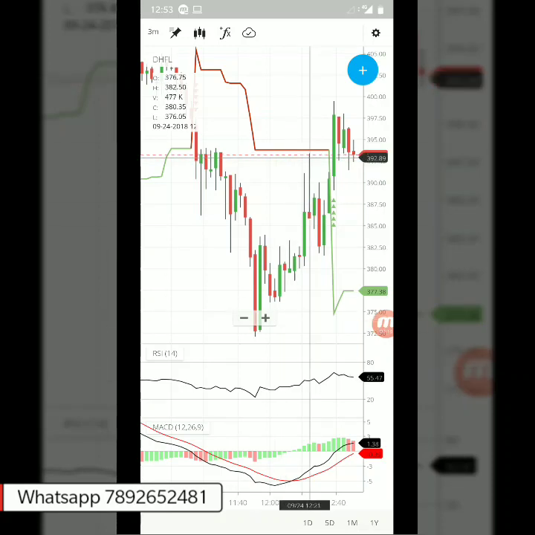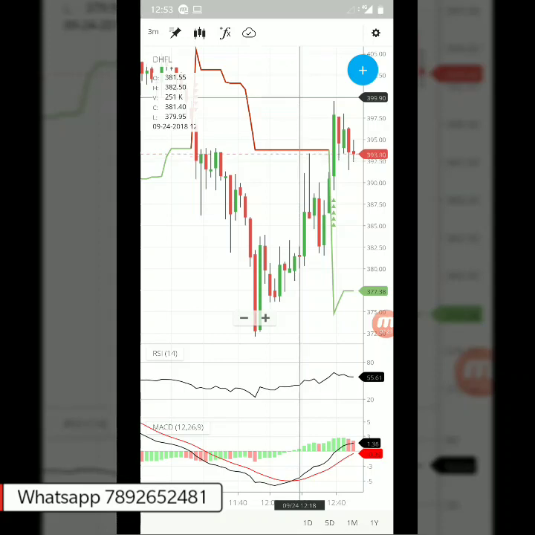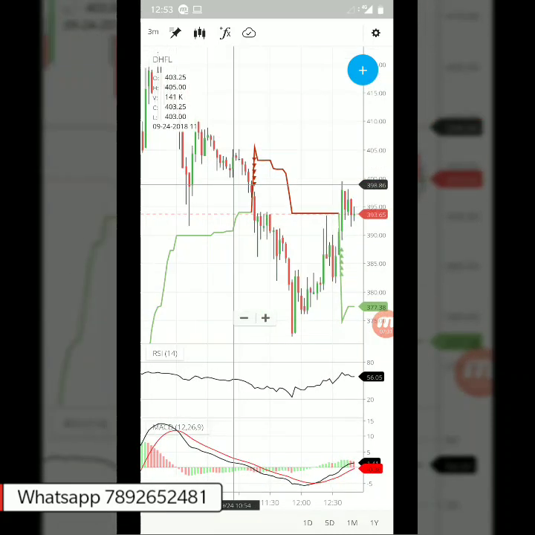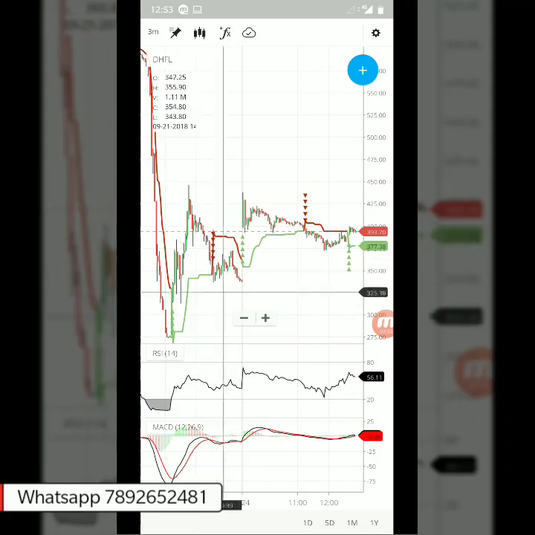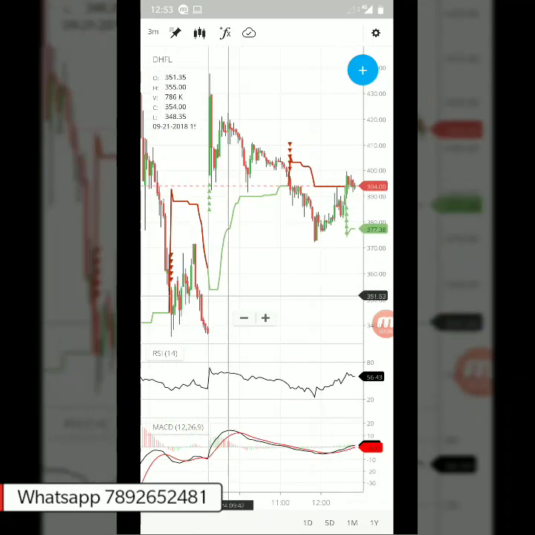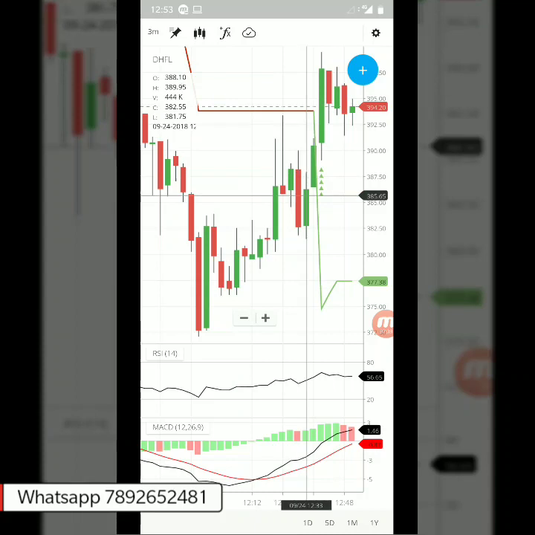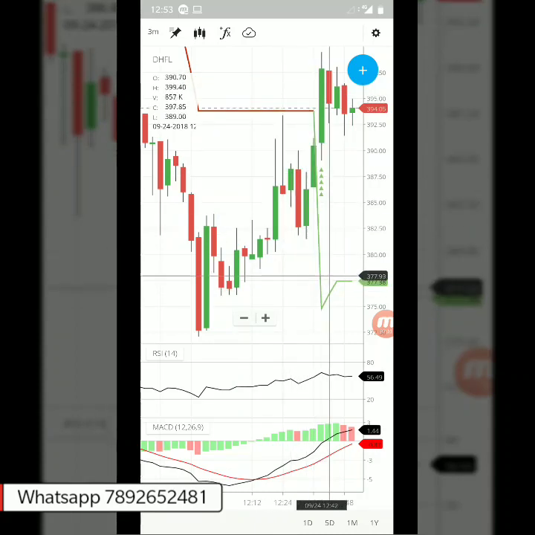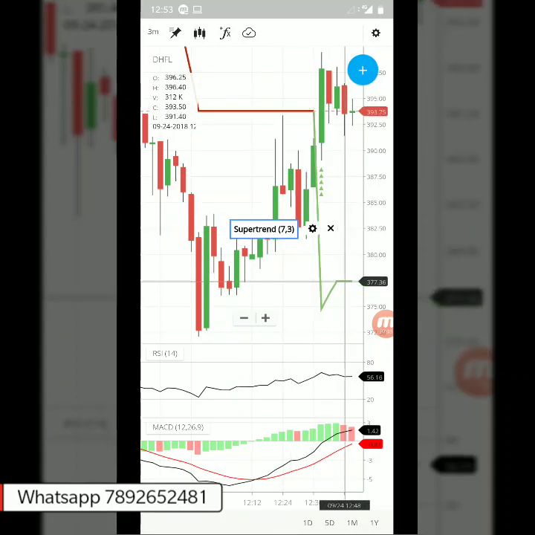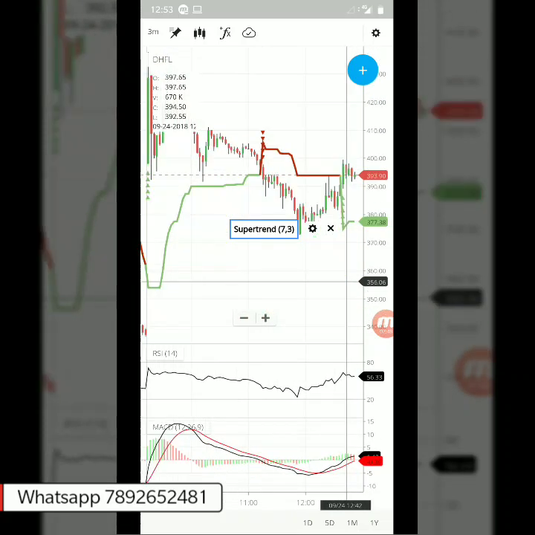If you see, from 373 the stock has gone up to 399, so highly volatile. So it's too dangerous to put all your capital. You have to trade only with a lesser amount. So I didn't take much margin in this stock, because this stock can go opposite any time, like the way it fell the other day, 10-20%, which will wipe out your account within seconds. So I took the risk over here. Again, if it hits the super trend over here in red, I will take a risk of 1% profit and I'll escape. So that's how you can carefully trade.